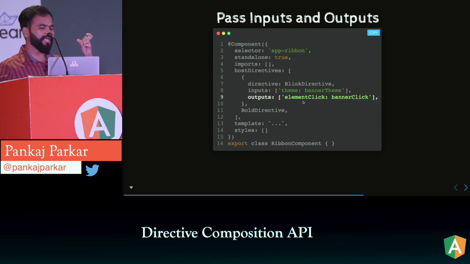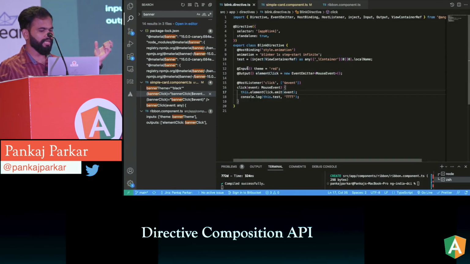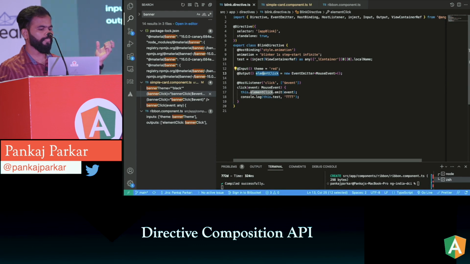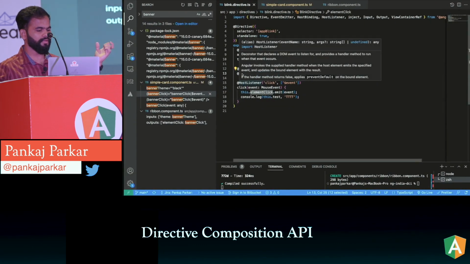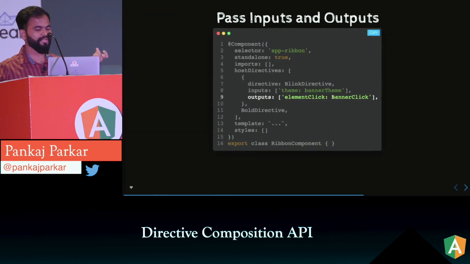If we go back and check the blink directive, we had elementClick, which is the output, and the first one was theme. Theme is this one, the input. We alias both and try to use them.